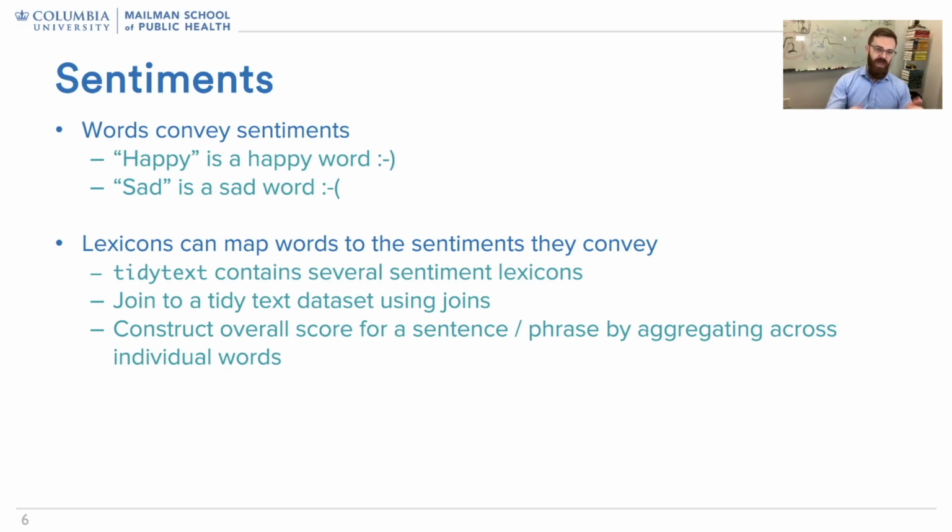And so things like happy is a happy word and sad is a sad word. And people have constructed large lexicons that say, here is a list of words and here is their sentiment, either positive or negative. And so given this collection of words and this collection of sentiments, if you bring these sentiments into your data set using a join, well, then you can go tweet by tweet or user by user and count up, are these more frequently positive or more frequently negative,